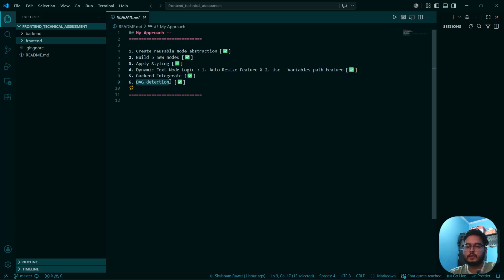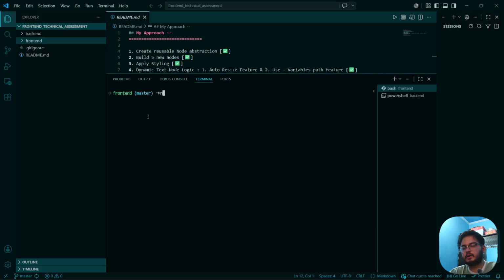If the last node is connected with the first node, then it is cyclic, and if it is going in a continuous manner, then it is acyclic. It is going to give me a boolean value in return, and I'm going to implement it inside the backend as well. So, without further ado,